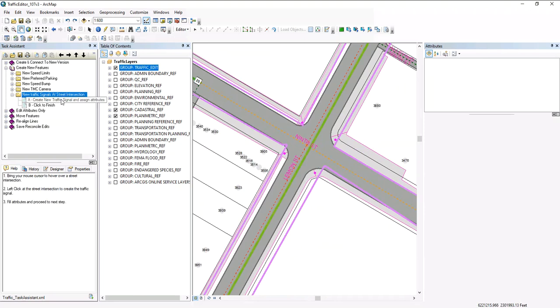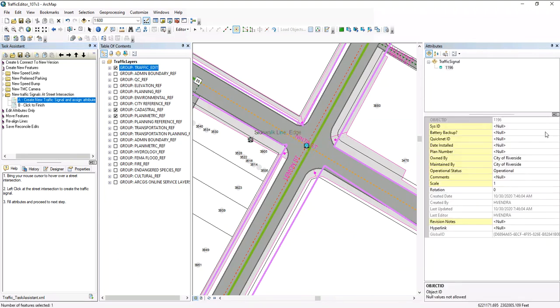So what you need to do is again click this, and automatically you'll see your cursor change over, hovering with a traffic camera now. And you can say, okay, you want it right there at that intersection, and you can click there,